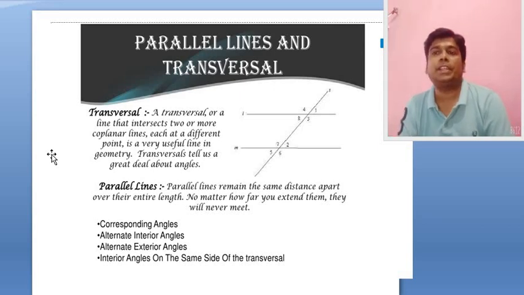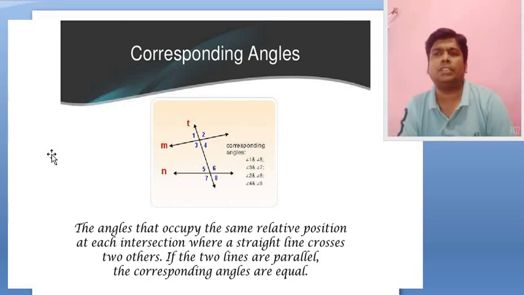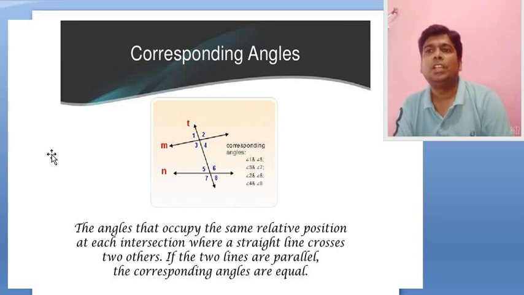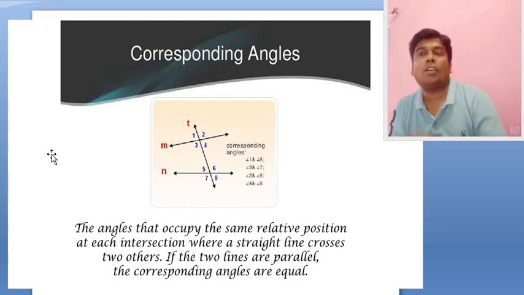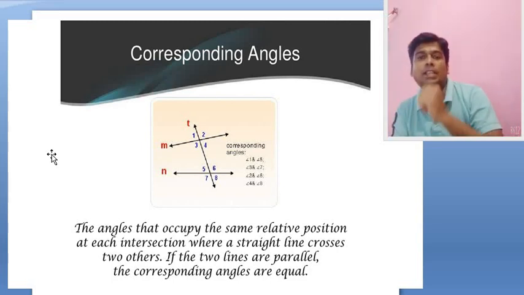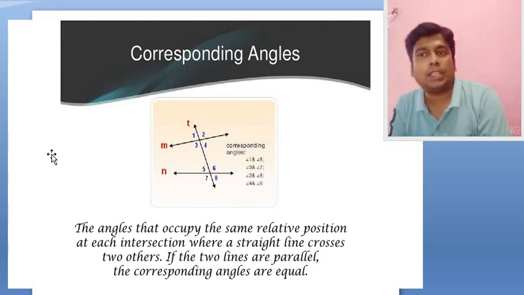What are corresponding angles? When two lines, parallel or not parallel, just two intersecting lines, are there and T is a transversal, you can see 8 angles are formed. So what will be the corresponding angles? If we take any angle over the line, then the other angle should also be taken over the line and on the same side of the transversal. For example, 1 and 5. So 1 and 5 are corresponding angles.